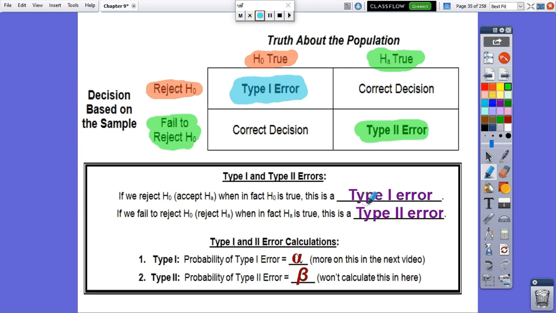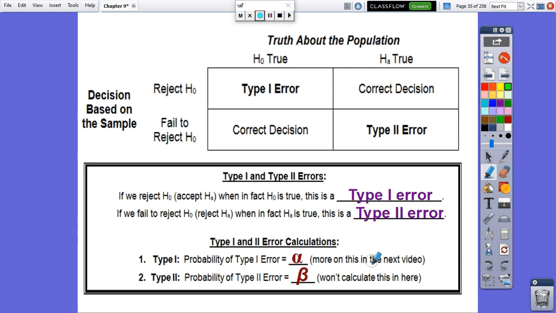So you're going to have to remember which way these two things go. And I'll be honest with you, I think keeping these two errors straight in your mind is one of the toughest things to remember out of the whole chapter. I'm not saying it's a difficult thing, but once you get it squared away about which type of error happens in which scenario, then I think for the most part you'll be fine. But again, that's just me. This is what I think I would struggle with the most. So again, when we reject the null hypothesis, but really we shouldn't have rejected it, then that's our type 1